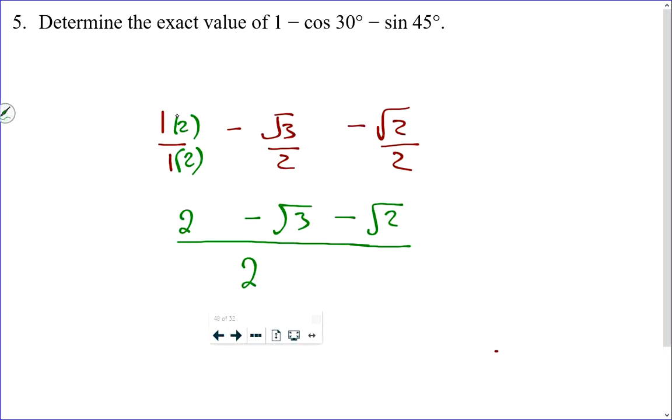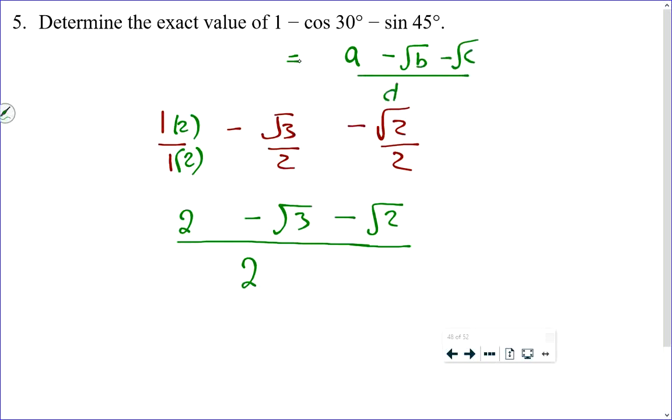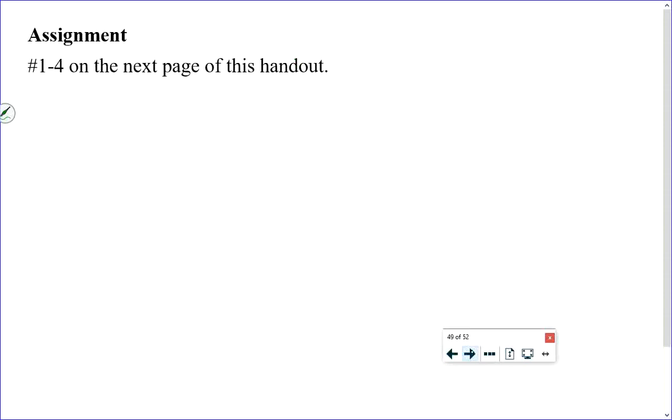And you don't have to like it, but it's a reality. This could be a numerical response question where I say that 1 minus cos 30 minus sine 45 equals a minus root b minus root c over d. What are the values of a, b, c, and d? Well, a is 2, b is 3, c is 2, d is 2. Listen, all you're doing for these 4 problems that are on the next page